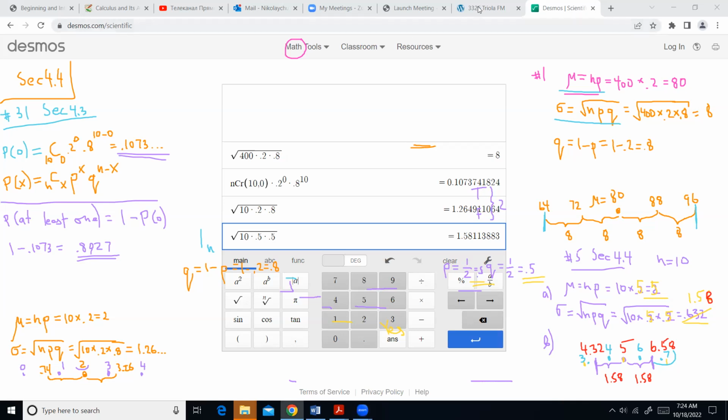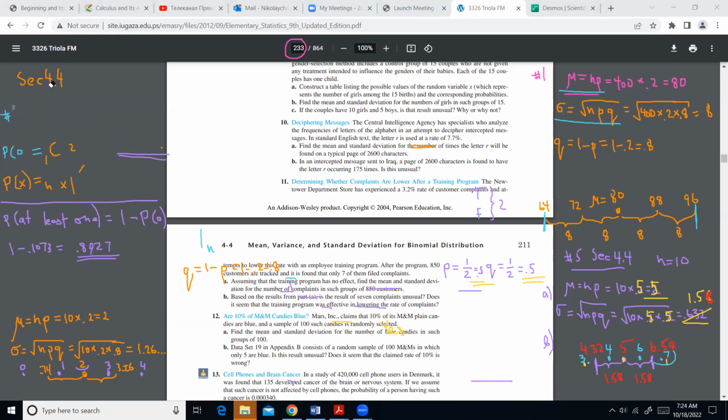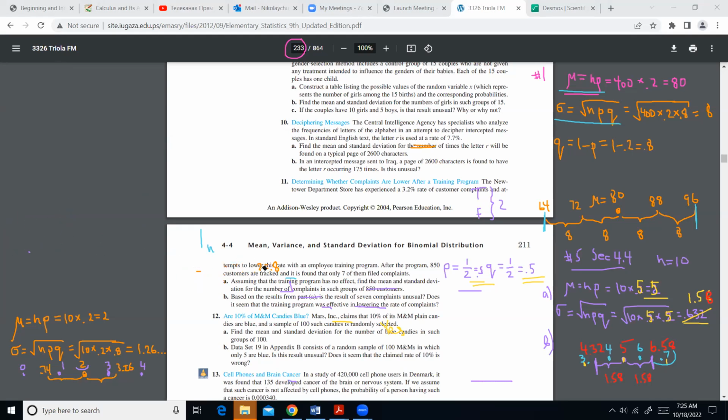So anyways, let me try an exercise with M&M candies, and I appreciate that you are double checking this, because it looks like you can miswrite one number and the answer will be totally different, right? So you better be concentrated, don't miswrite numbers. So anyways, back to number 12. They say that